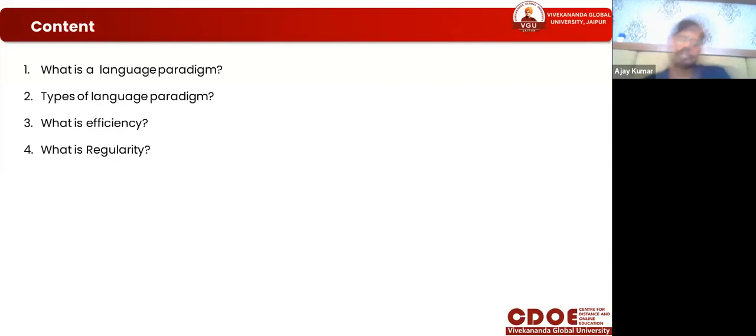When this session is complete, we will know about paradigms and processes, and how any programming language we choose, want, or build has some type of differences. Their differences are like procedural, or like functional. So any code we write in those programming languages has some differences, and those differences describe the language paradigm in the simplest way.